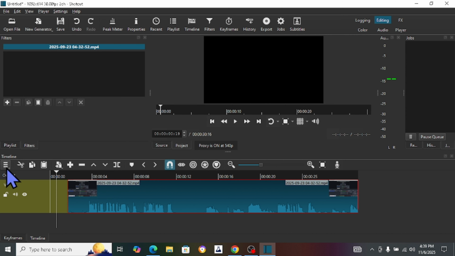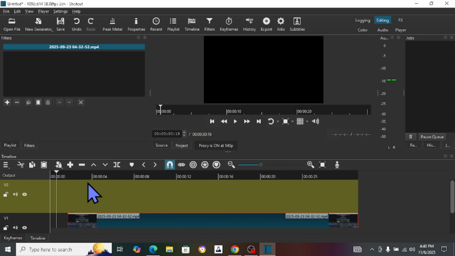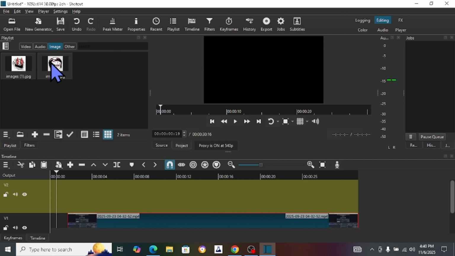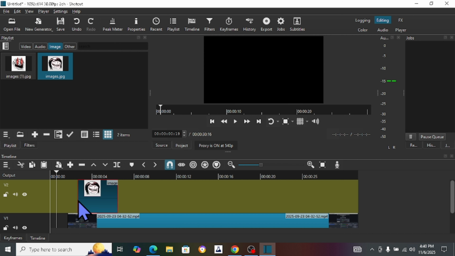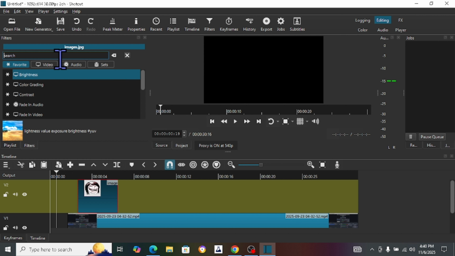So just tap on the 3 lines, track operations, and select add video track. Now what we're going to do is go again into the playlist, and I want to drag this image onto this track. Now we will tap on it, go to this filter option, tap plus and